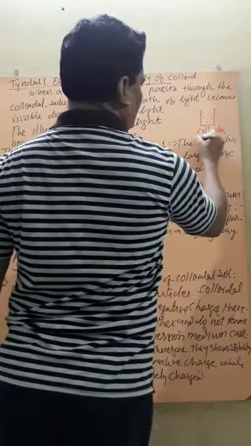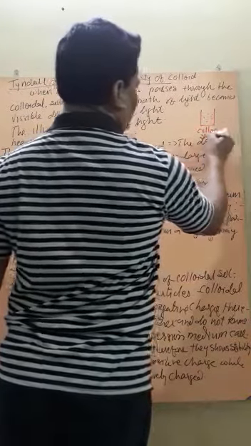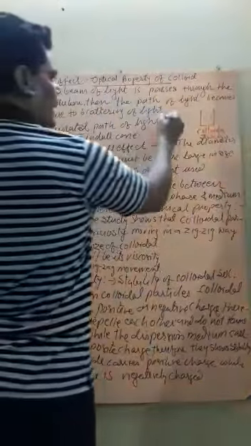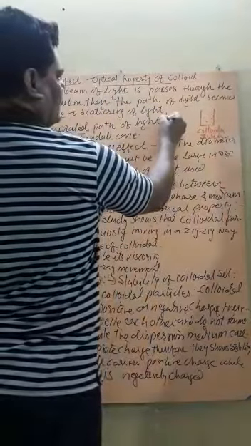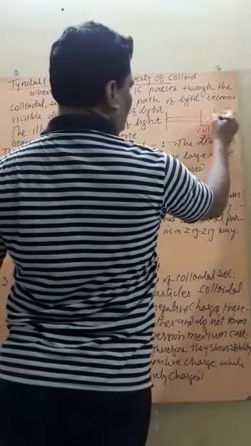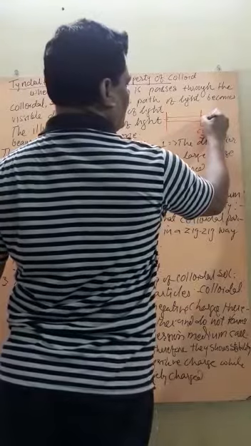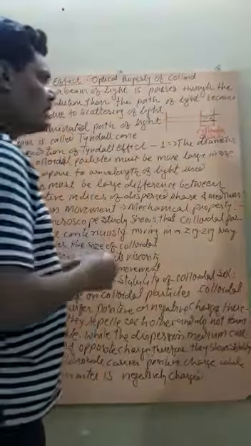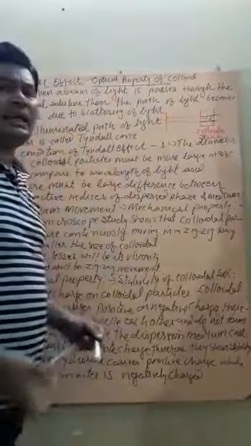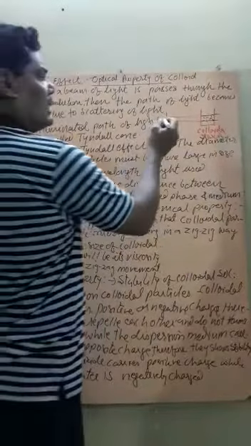Suppose this is of starch or any colloidal solution, and from any light source, a light beam is passed. Then the beam of light, when it passes through the colloidal solution, becomes visible. You can simply see here the particles moving here and there. So what is the reason of it?